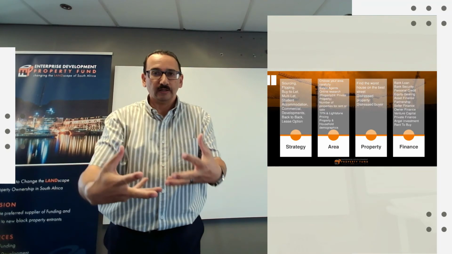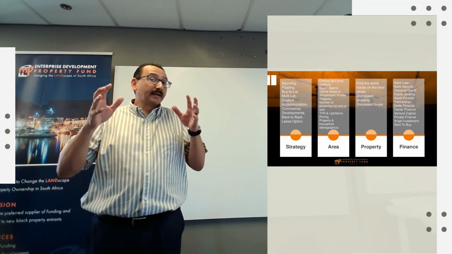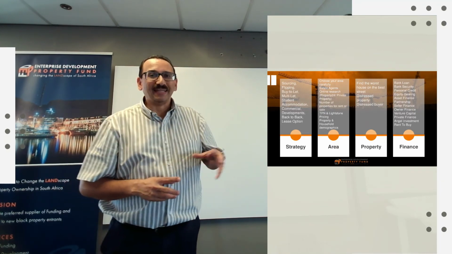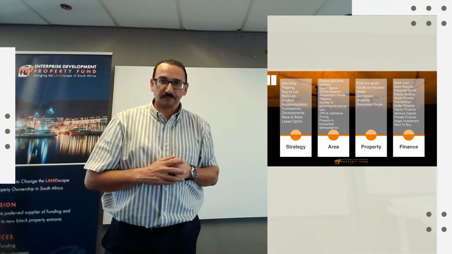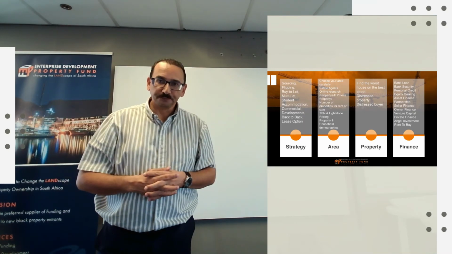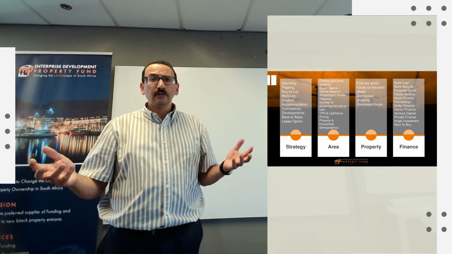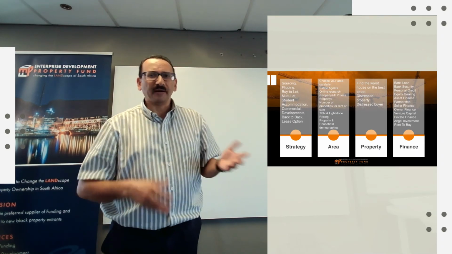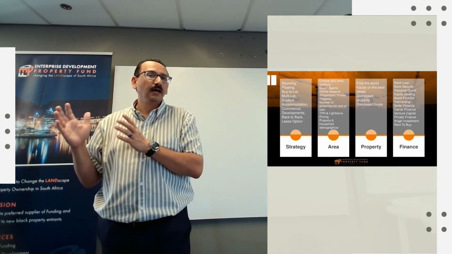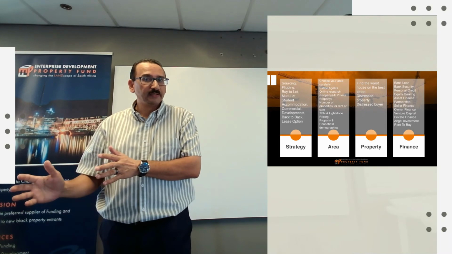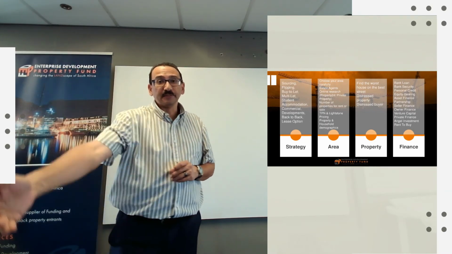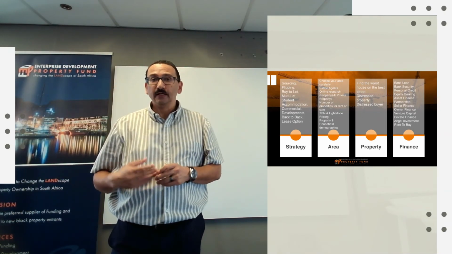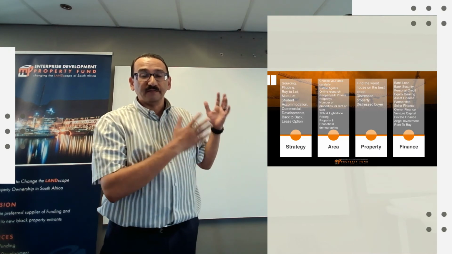Now, rent to buy is interesting in that you're actually renting a property to eventually buy it from the owner. Okay? Now, rent to buy companies, what they do is they will buy the property on your behalf because the bank won't fund you. You can't get a bond because you've got an ITC record, but you do have repayment ability and affordability. And the investment you're making is bringing in enough money in order to actually pay back the facility.